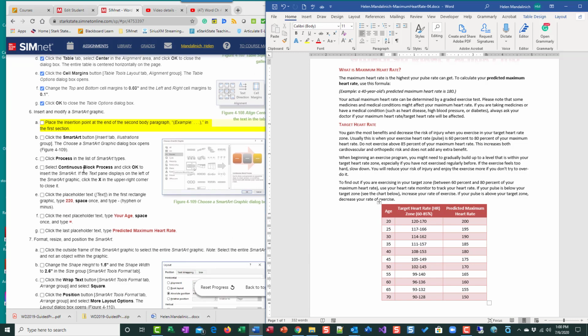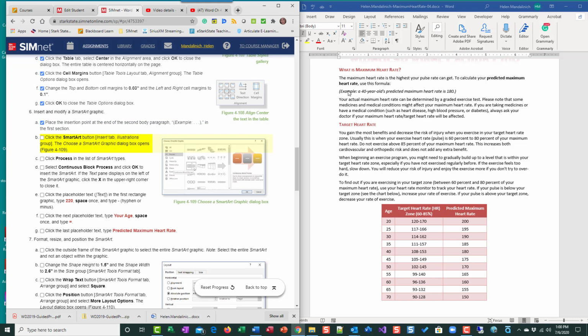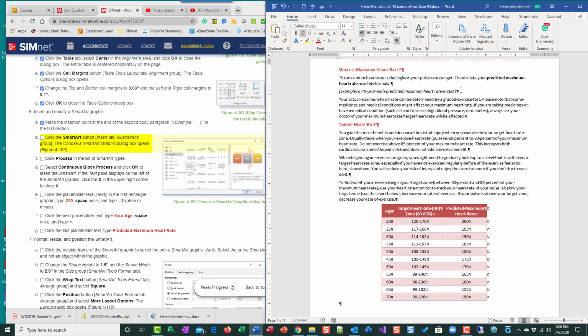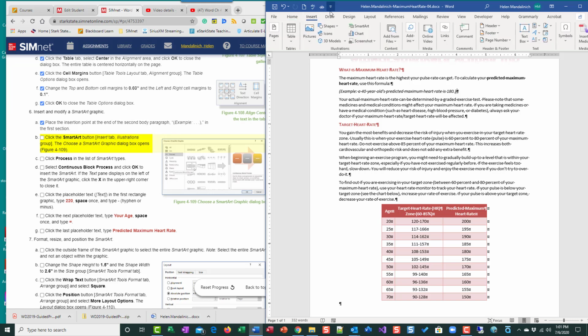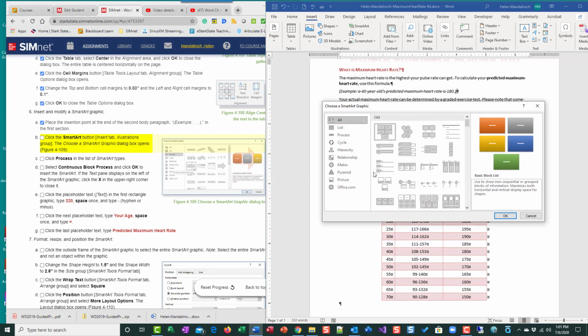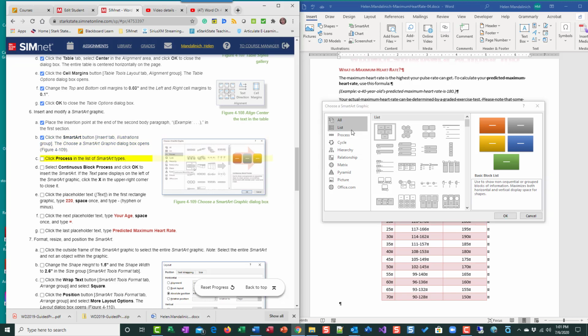Okay. Now we want to put our cursor at the end of the second paragraph, right here, Example. So this is the second paragraph. We're going to be at the end of that, and we want to do the SmartArt button. That's back in the Insert tab, where we went to put pictures and tables. Now we're going to insert a SmartArt, and we want, in the process group,